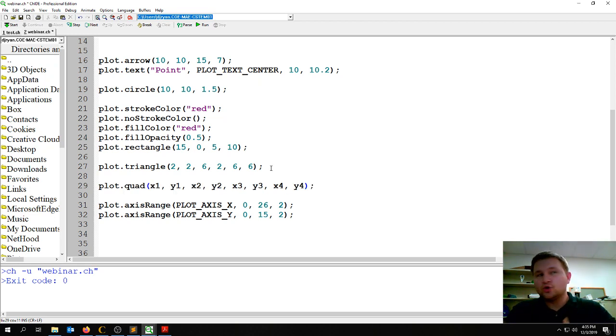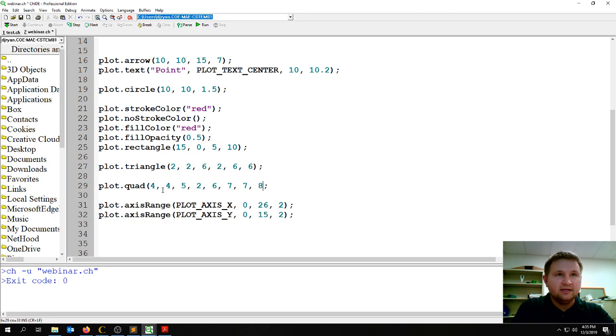And again, that Control B helps me to see what the parameters are. So I have x1 and y1, x2, y2, x3, y3, x4, y4. I'm just going to go ahead and start off with 4, 4, 5, 2, 6, 7, and let's say